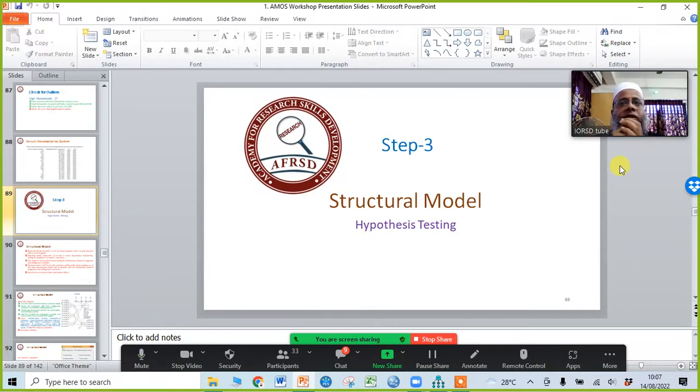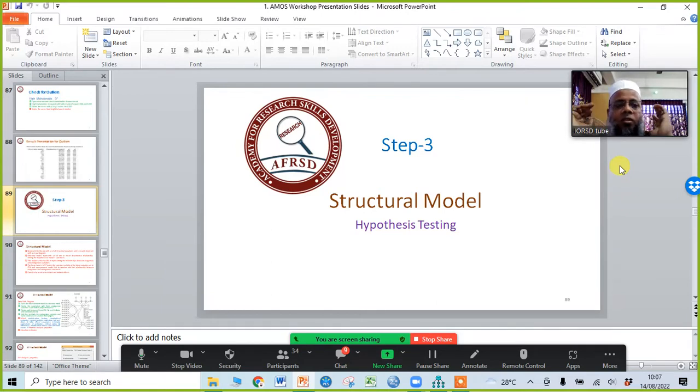We have seen all our different variables through discriminant validity, and we have checked for outliers or any abnormality in the data, or multicollinearity. As soon as all these criteria are fulfilled, then we go to the third step.